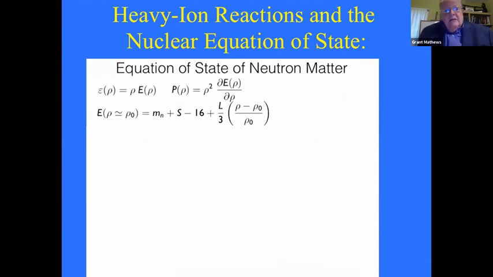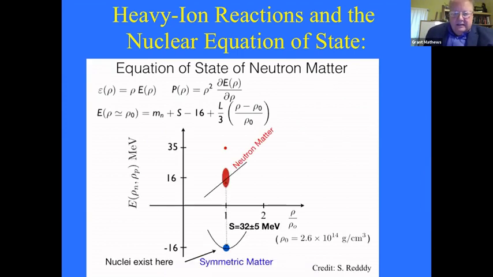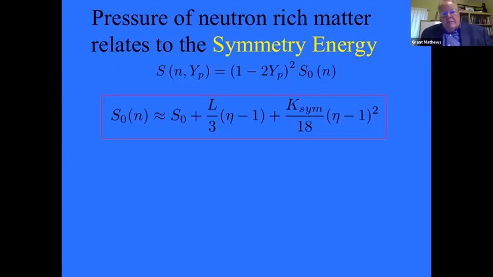Anyways, I did want to make a point that we're also studying, which is an important application of reactions in nuclear astrophysics: constraining the equation of state. As you know, nuclei have a saturation density with a binding of around 16 MeV, but if you go to symmetric nuclear matter, there's an offset of 32 MeV, and this is density dependent. This is a slide I took from a talk by Sanjay Reddy, but basically this symmetry energy has a quadratic, or actually higher order, dependence in detailed schemes.